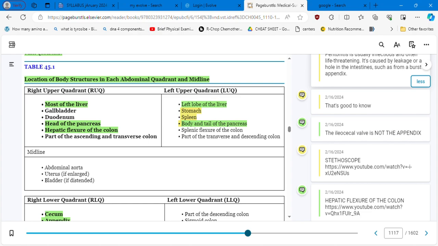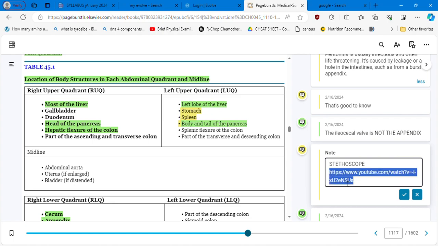So here you have the location of body structures in each abdominal quadrant and midline. We describe most of them. So in the right upper quadrant, you have most of the liver, you have the gallbladder, the duodenum, yes, head of the pancreas, hepatic flexure of the colon, and I want to,